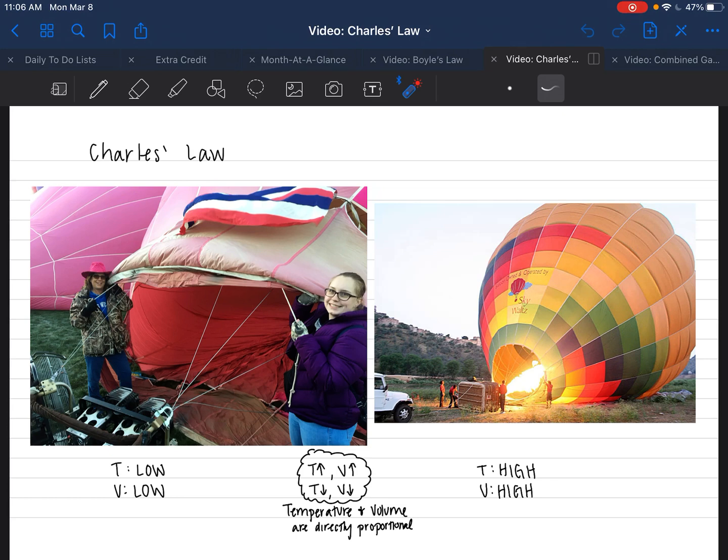So on the left, we can say that the temperature is relatively low, and the volume is also relatively low. And then on the right, as we increase that temperature by adding that heat, we are also increasing the volume. So notice as temperature goes up, volume also goes up, or as temperature goes down, volume will also go down. So we will say that temperature and volume are directly proportional. Because of that, we can write an equation,